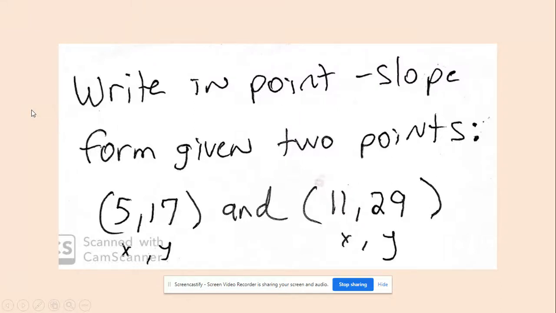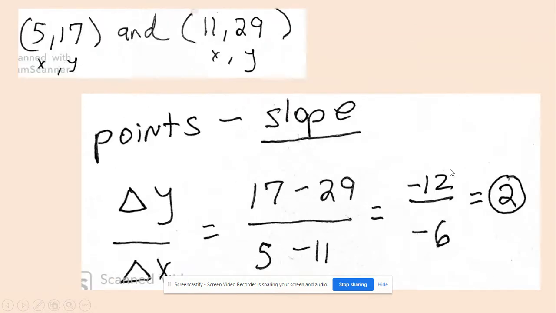Okay, so today we're going to talk about writing in point slope form given 2 points. And we have 2 points here, (5, 17) and (11, 29). You can see the 5 is the x coordinate of that point, the y is the 17. So x is 5, y is 17, and our other point, the x is 11 and y is 29. I put those up there so we can continue to look at them as we get down to the next